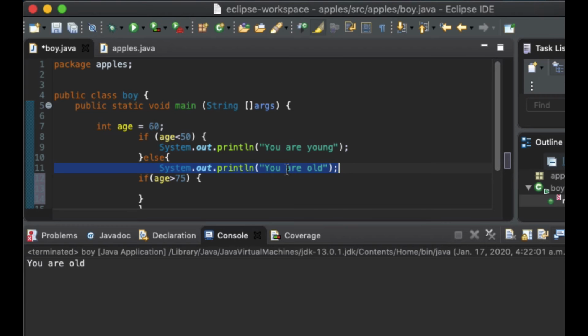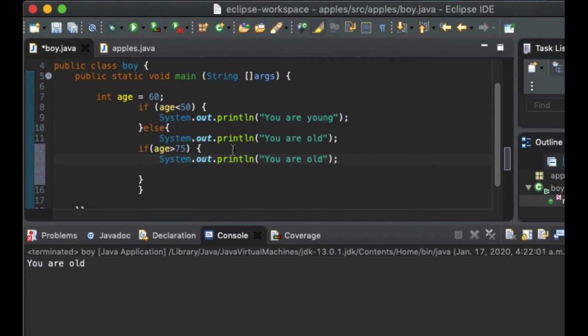Now copy this one, paste it right here. If age is greater than 75, I'm going to say "you are really old". And then else, again I'm going to create another else. In this one I'm going to say